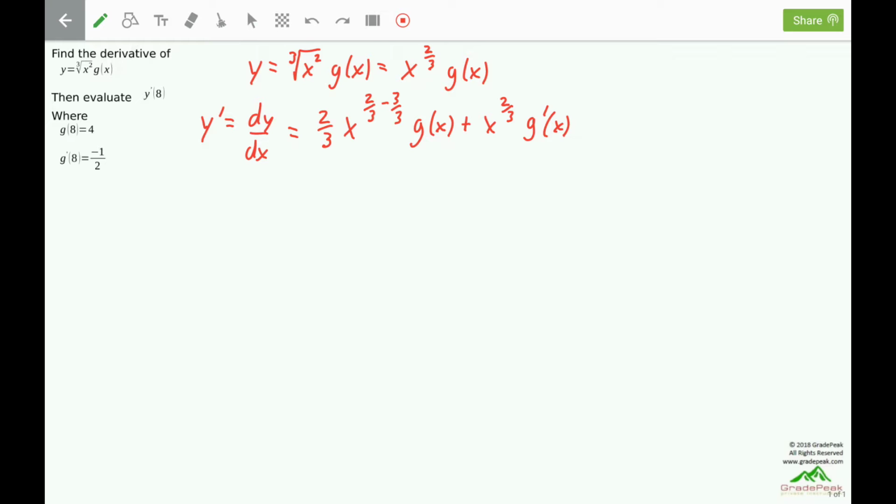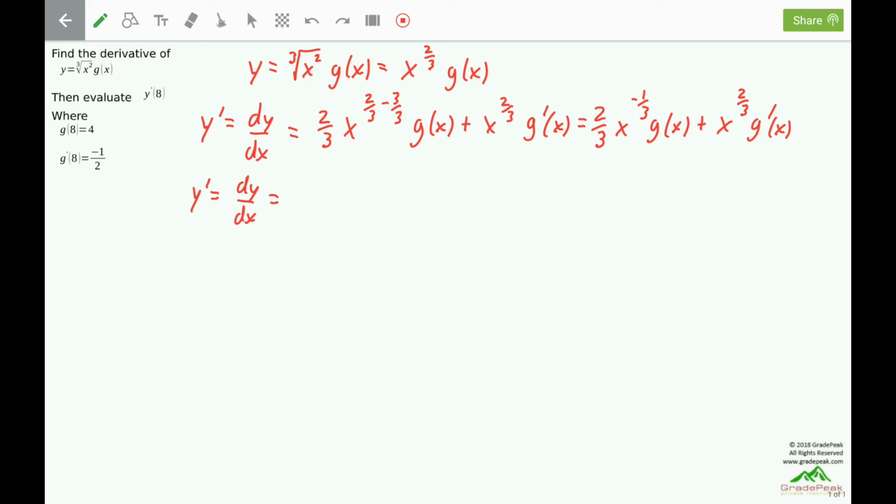Now let's take a few steps to simplify this before we plug anything in. We have 2/3 x to the 2 minus 3, which is negative 1/3, times g of x plus x to the 2/3 times g prime of x. So y prime, or dy dx, equals,